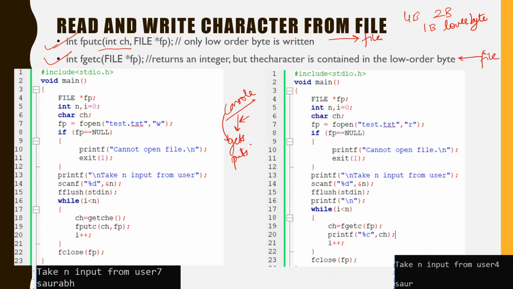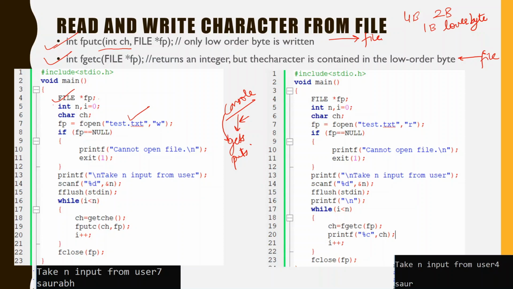Now we will see the use of fgetc and fputc with the help of this practical example. Here we have created a file pointer fp. Our objective is to take input from the user of the number of characters it wants to enter, and store all the characters to the file. So we create a file test.txt in write mode.